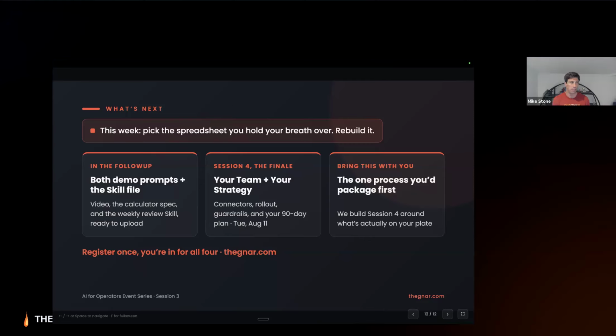Next session is our finale of our four-part series, so definitely have that on the calendar for August 11th. We'll be talking about your team and your strategy, so connectors and your rollout, guardrails. Make sure you attend that. You are already registered, so you're good to go. And start packaging up some artifacts and skills in the meantime.